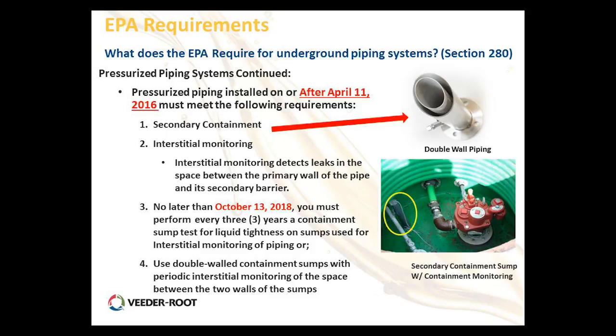So continuing talking about the pressurized piping system. Again, we're going to talk a little bit about what the requirements are here. We're talking about pressurized piping that was installed after April 11th and what you need to do for that. One of the things you have to do if you install pipe after April 11th this year,